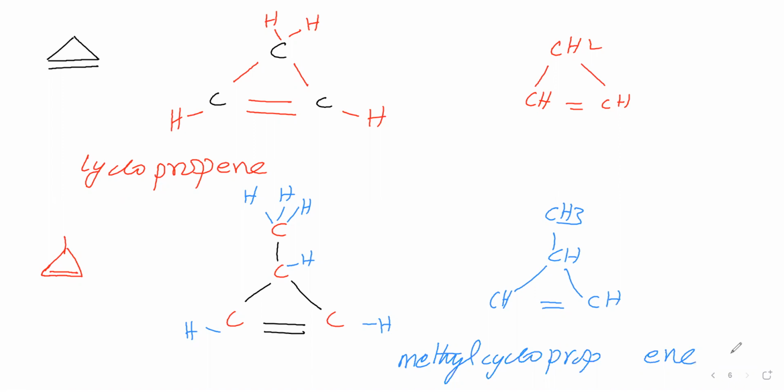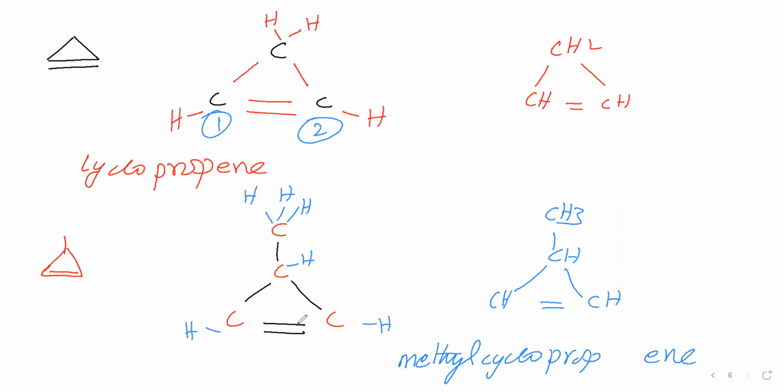Why do we have to give numbering here, but in the previous case we did not? What is the reason? In the previous case, if we give numbering, what will happen? The double bond should get the least position, and as per that we have to give the numbering. Number 1 here means we must give number 2 to the other carbon. The C=C double bond is present between the first carbon and the second carbon. Therefore, the position of the double bond is 1, not 2. Out of 1 and 2, which is less? 1. Therefore, the position of this C=C double bond is 1.